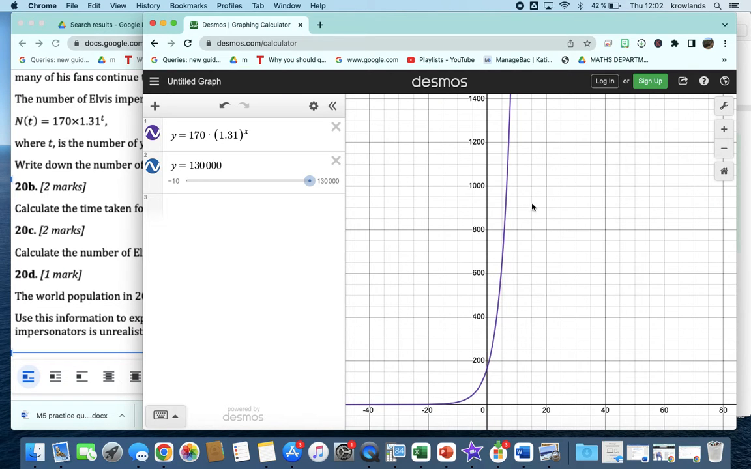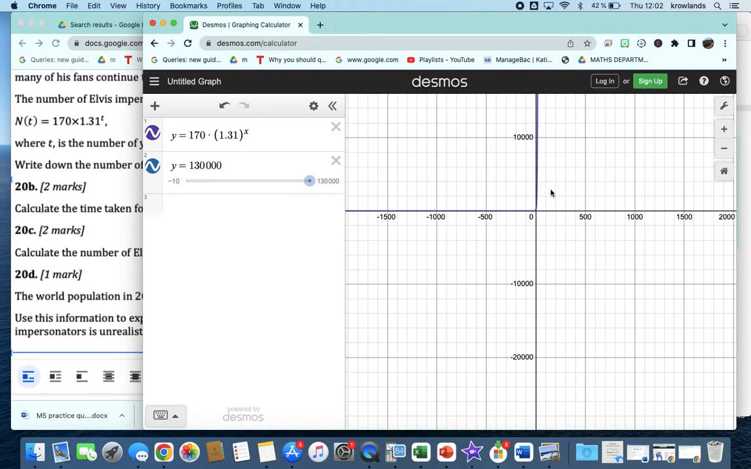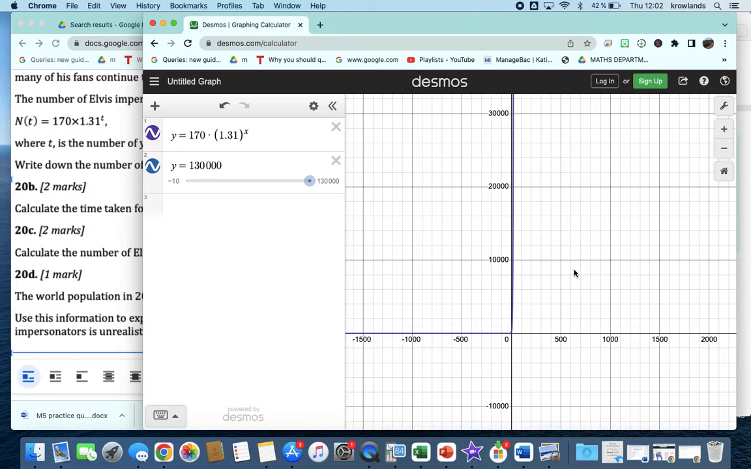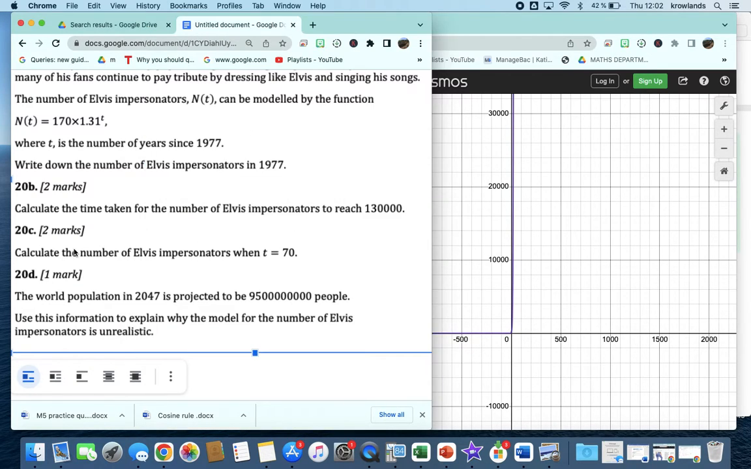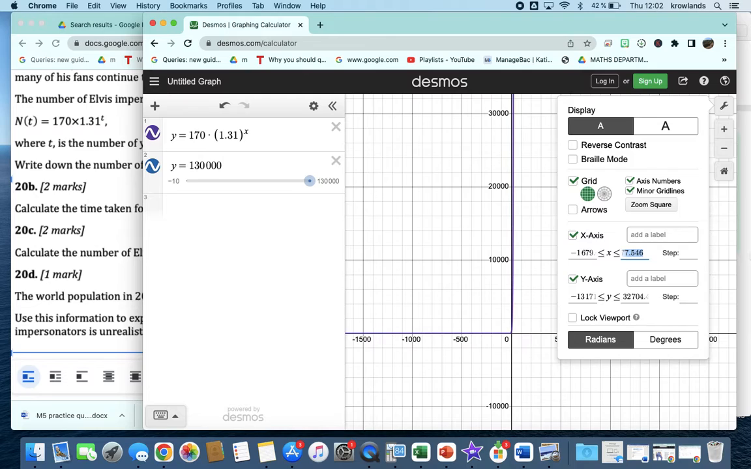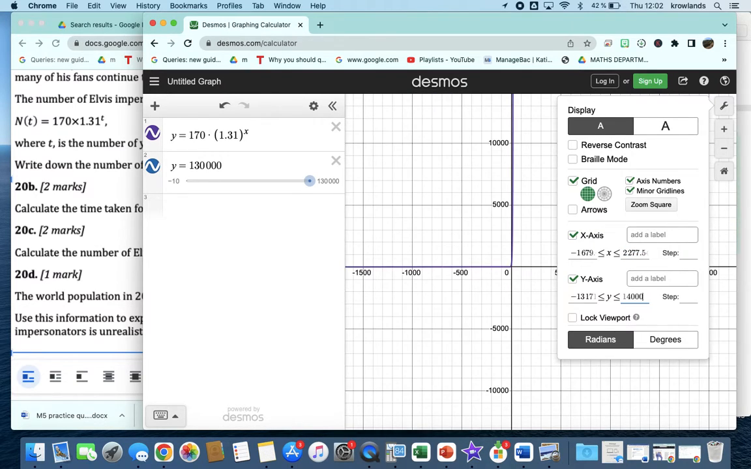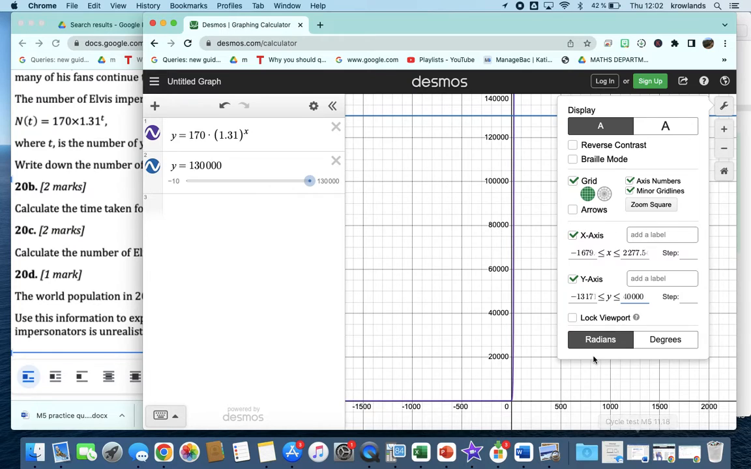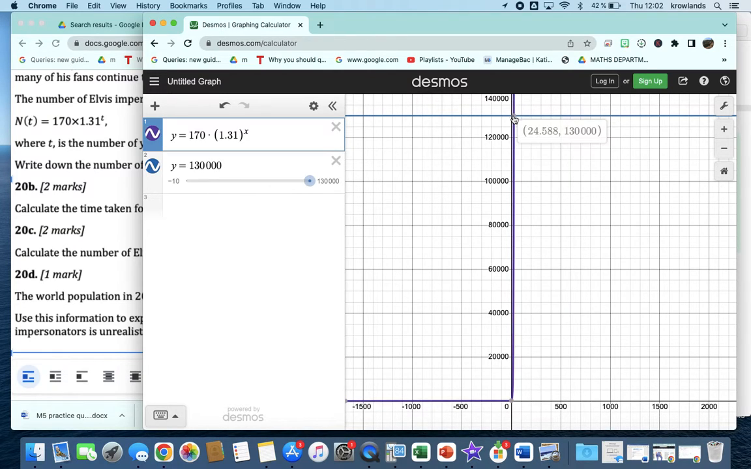At the moment, we can't see enough of the graph. And it might be because I've made a potential mistake, but I don't think I have. The quickest way of doing this would be to change the settings, and we're going to change the y-axis to 140,000. And you can see now that we can see the answer. So if you click here, you can see that after 24.5 years, this is when we get to this many